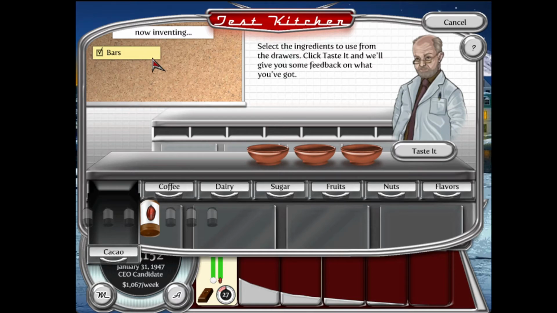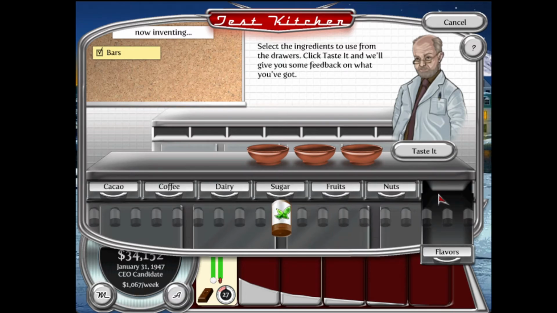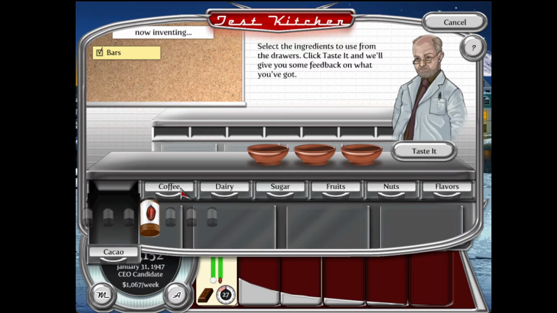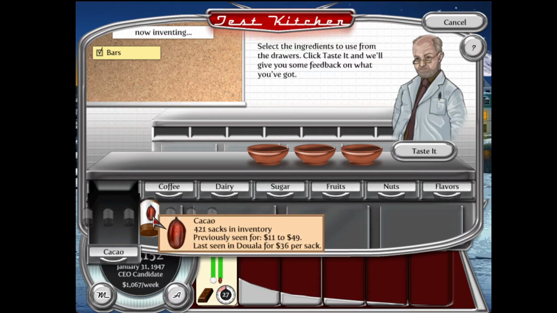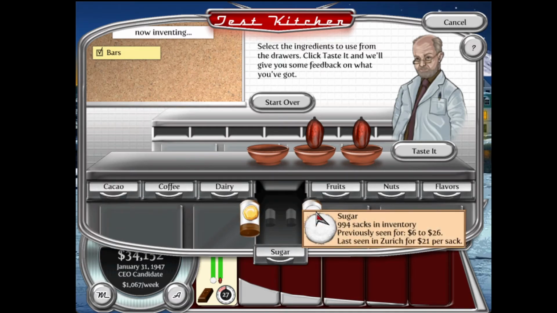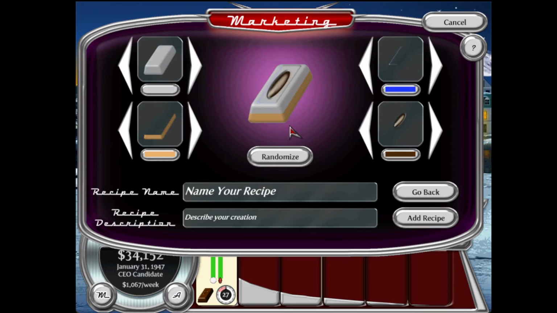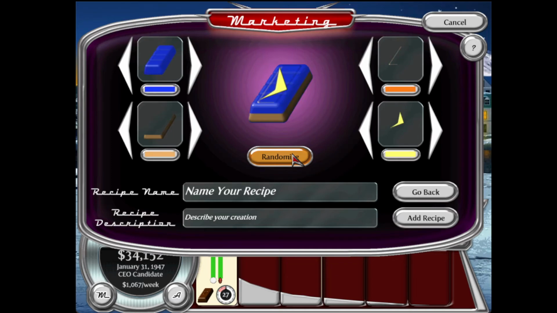So I can only invent bars, so I need 3 ingredients. I wonder if I should do the easy or the hard. Let's try the easy. I think if I do 2 cacao and 1 sugar. There, he says this combination works for me. This is silly. So I can just keep randomizing until it's something I like, or I can